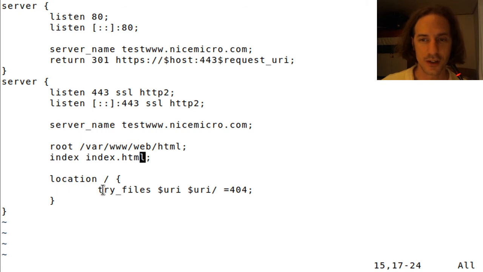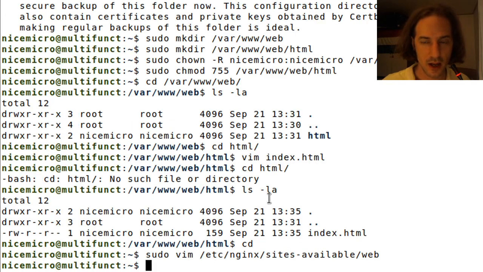And this location is basically: whatever location we get, we try if there is a file called by that name. If not, then we try if there is a directory called by that name, and if not, then we just give a 404 site not found error back. So this is what this simple server block does. So we can save and quit it,